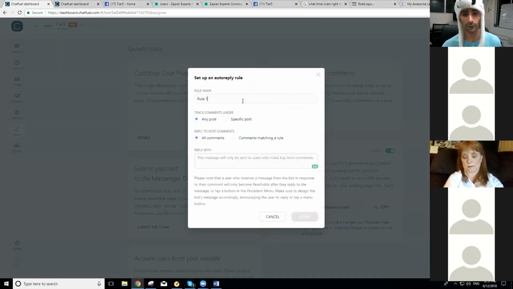Let's add a rule. This is, I think, where a lot of people struggle, live or just in training in general: figuring out what to call these things. You just call them anything that will help you organize. Let's say you're going to run a post on your page about a free chatbot contest. So this is the free chatbot